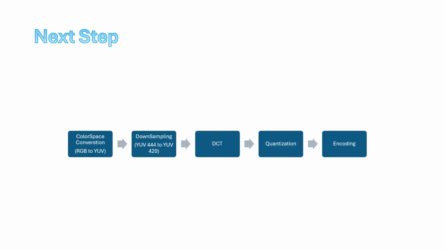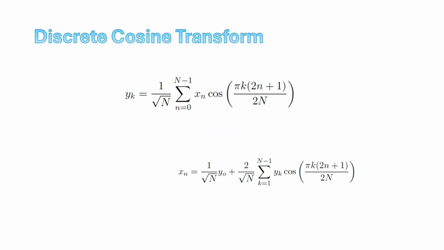Okay, returning to the process of JPEG compression, we've implemented the first step, which is downsampling from RGB to YUV 420 format. The next step is to do this discrete cosine transform. So this is formally what the discrete cosine transform looks like in one dimension. It's similar to a Fourier transform, but here we're using real numbers. So we'll work with cosines, basically the same as a discrete Fourier transform, but in cosine format,